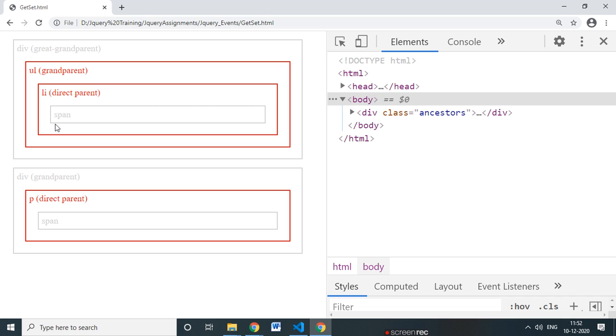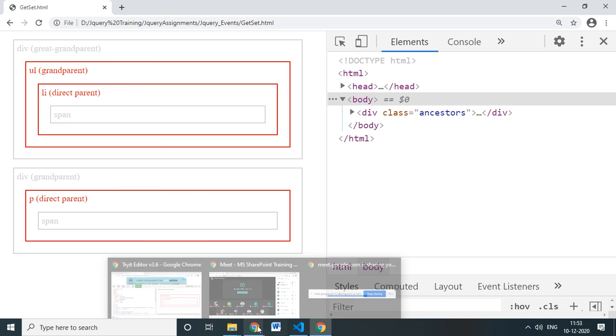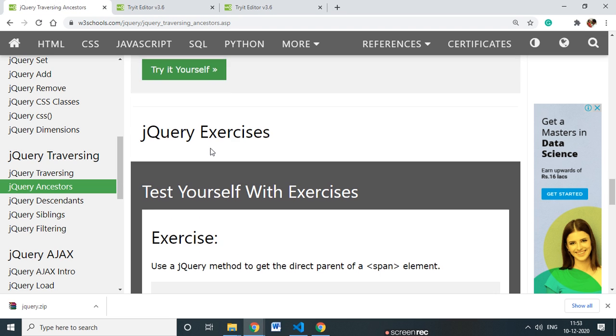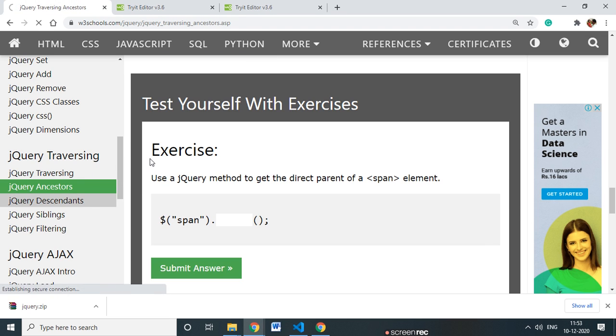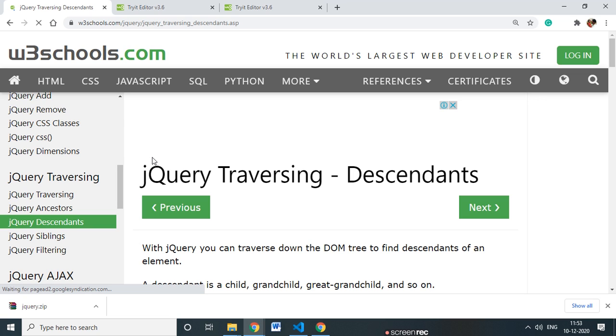So what is happening here: span is saying parent until div. Div is the parent, meaning it says apply the effect to the middle elements until the div. Apply the effect to the elements that are within the span and div. For that purpose we use the until method. Okay, so next, descendants. Now this was about the ancestors.